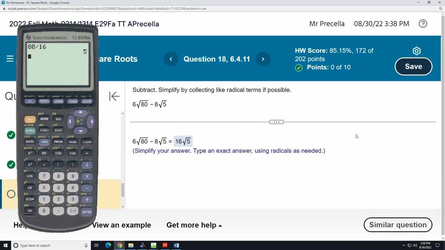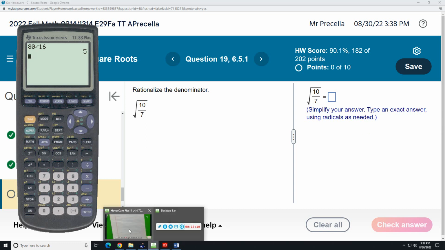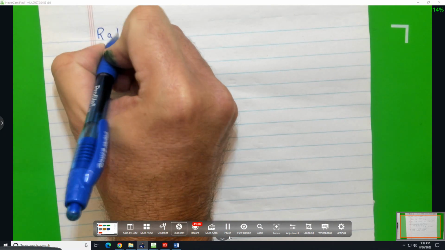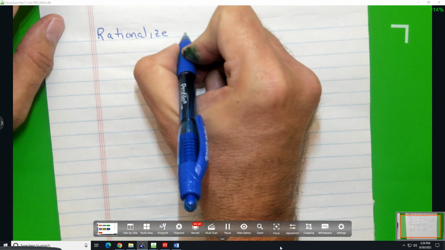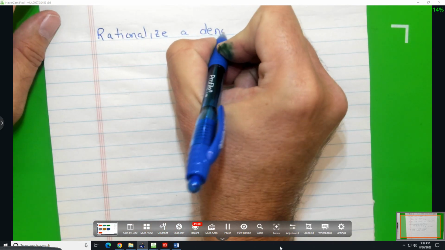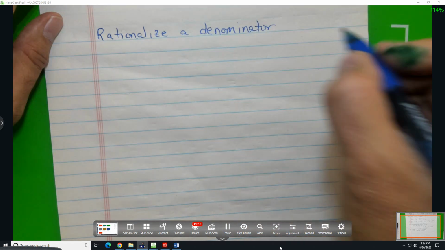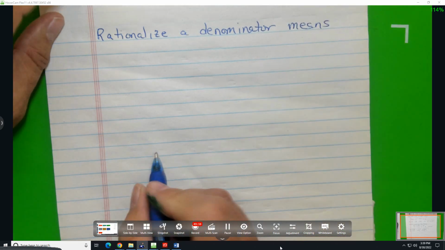Any questions there? No? Well, the next problem is going to have a word that I need to define. Switch over. It says, rationalize the denominator. So, the phrase rationalize a denominator, the denominator is what part of the fraction, the top or the bottom? The bottom. Yeah. Okay,